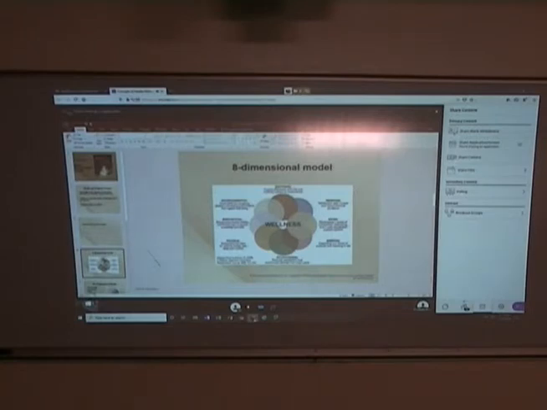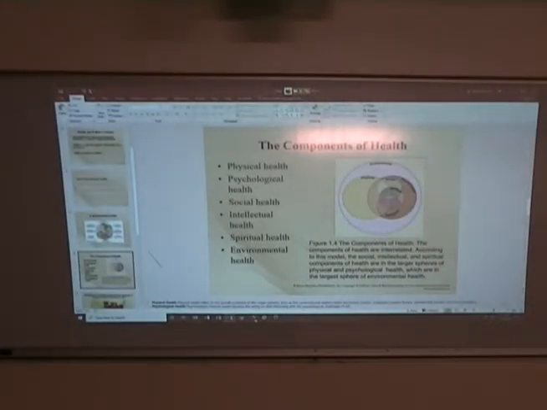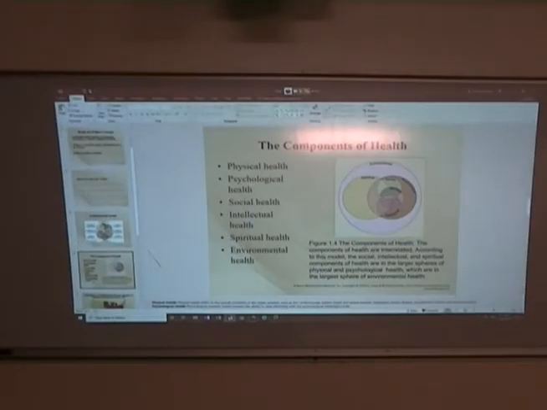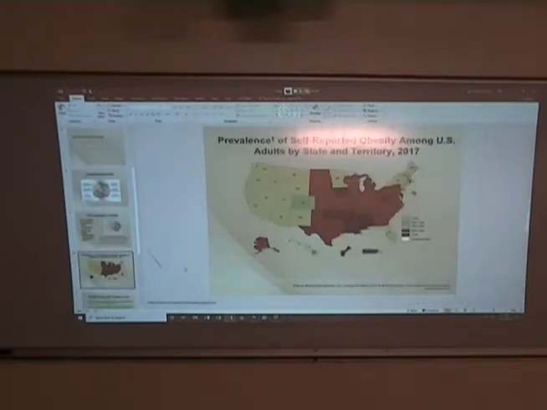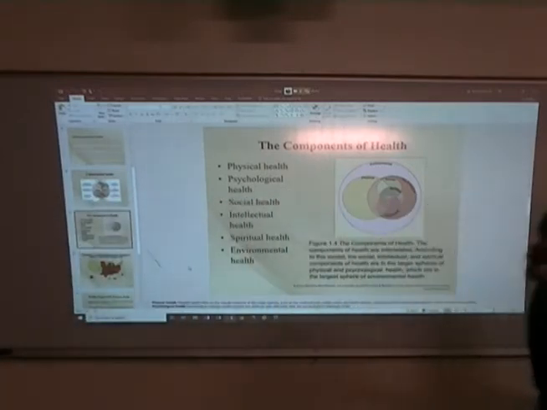Yes, ma'am, the 8-dimensional one. How very odd. All right, then I'm going to have to do this slightly differently. So I need to keep this in normal mode, not in slideshow mode. Okay, so now you can see the model from the textbook. Yes, ma'am. Okay, thank you for letting me know. Sorry, this is all very